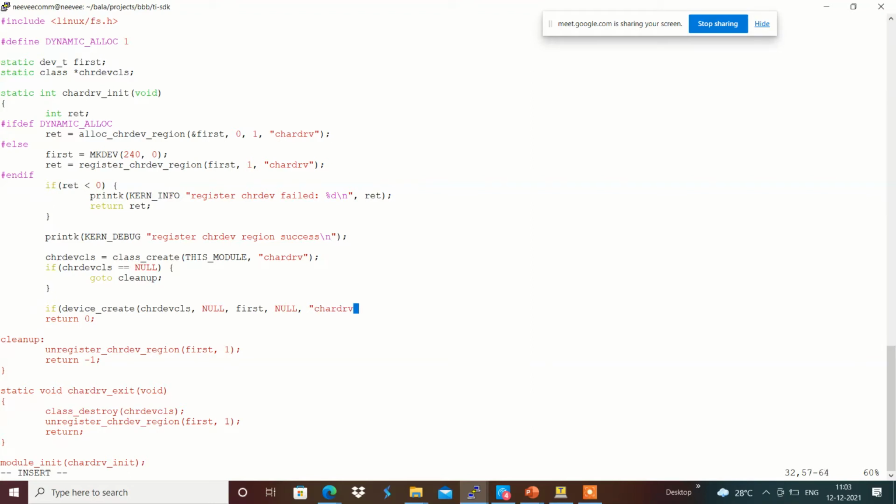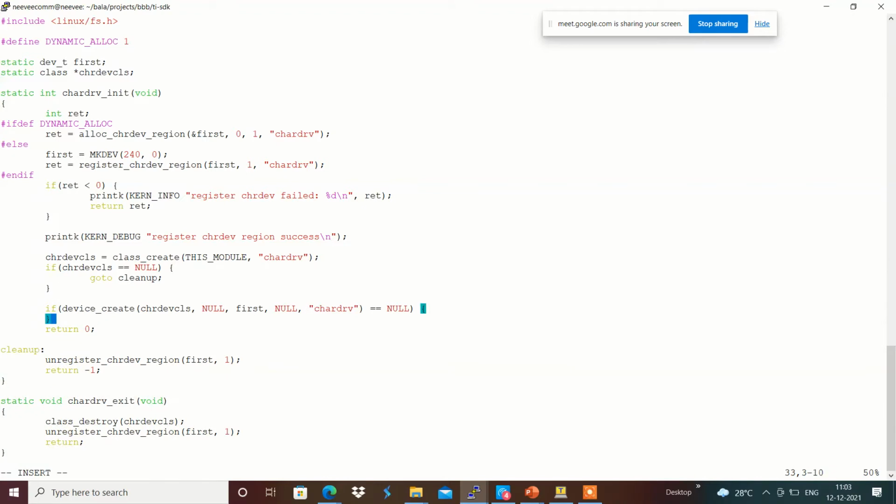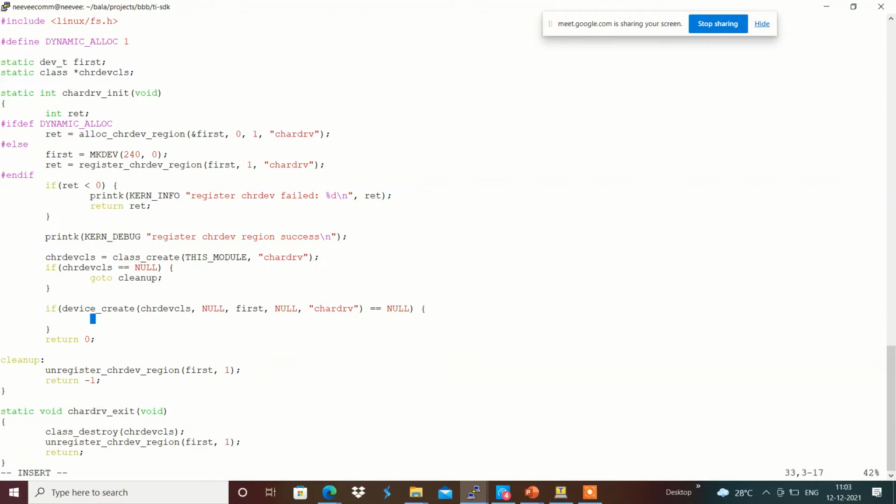I am going to give character_drv over here. I am going to check equal to null, and in case of null, I am going to goto cleanup one over here.